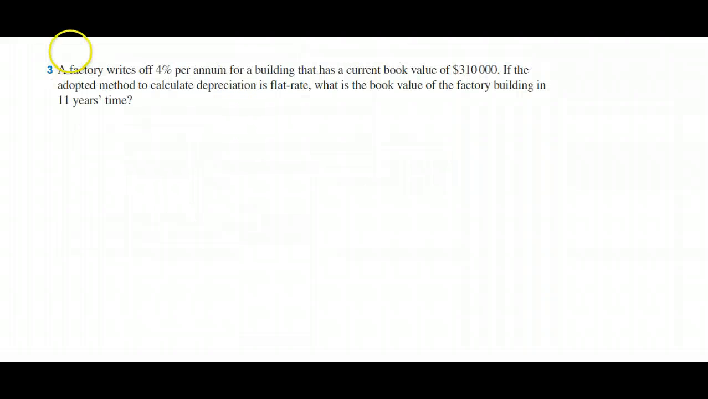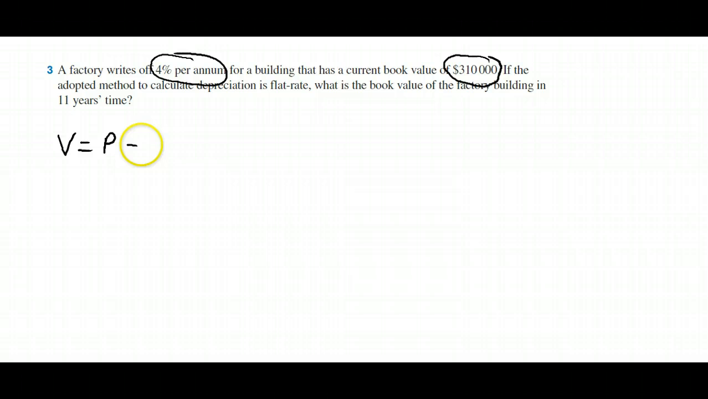In question 3 it says a factory writes off 4% per annum for a building that has a current book value of $310,000. If the adopted method to calculate depreciation is flat rate, what is the book value of the factory building in 11 years' time? Okay, so again, the book value will equal the purchase price minus the depreciation. We've been told that the purchase price, or the current value in this case, is $310,000. That's what it's worth now, and it's going to depreciate. We just need to work out what that amount D is using flat rate depreciation, and that D is going to equal